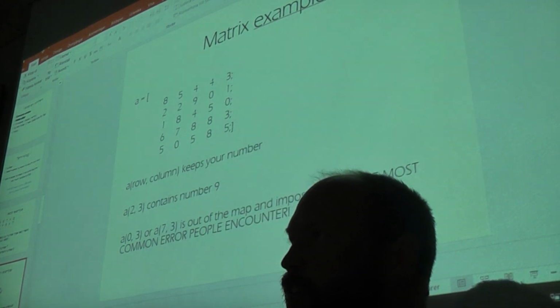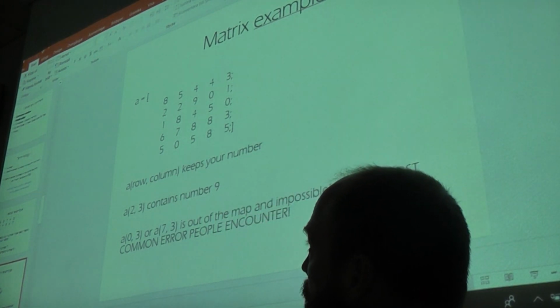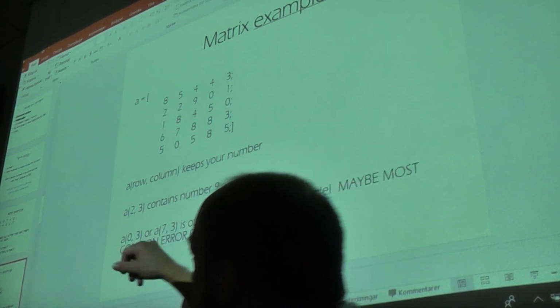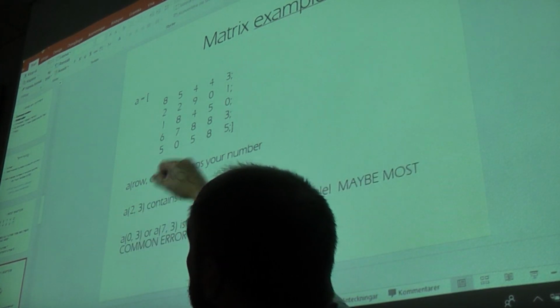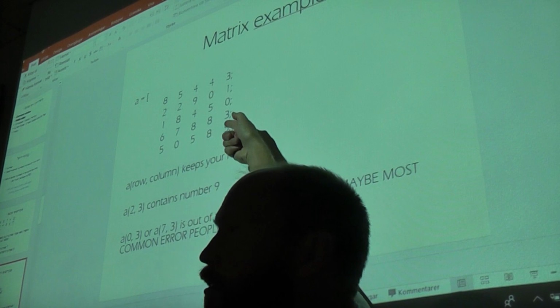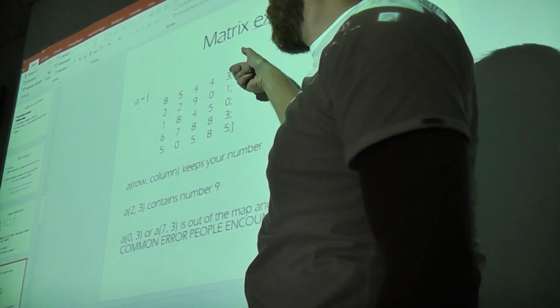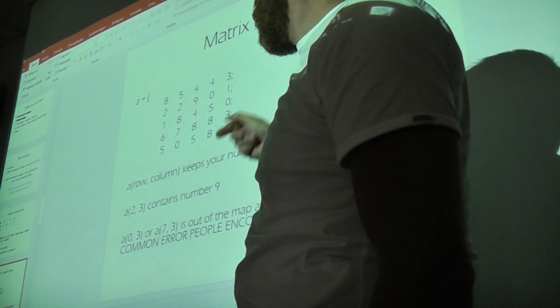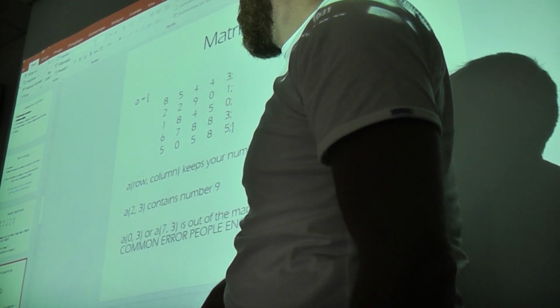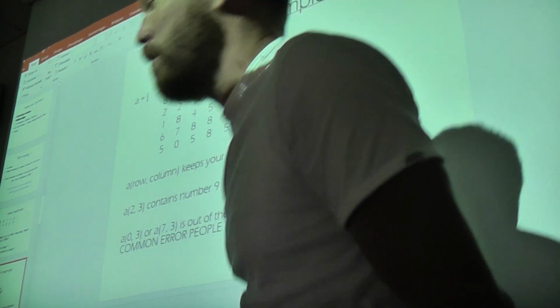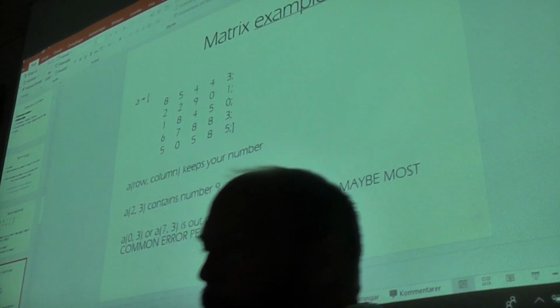Here's a matrix example where we have 2 dimensions. And you do the same thing, but to add a new row, you have a semicolon. So you can just make a short matrix.